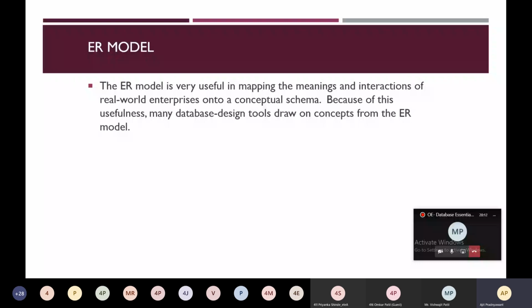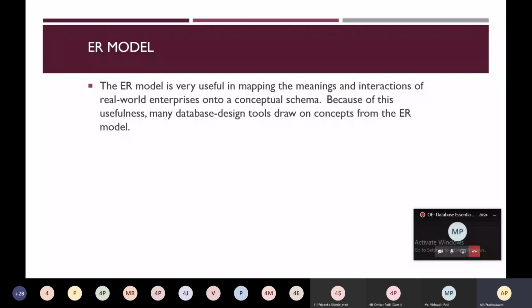So this ER model is very helpful for us to identify the real-world entities and the relationships between those real-world entities, and it will form a conceptual schema that will help to encode that into a database, and we can store that data into the database schema.